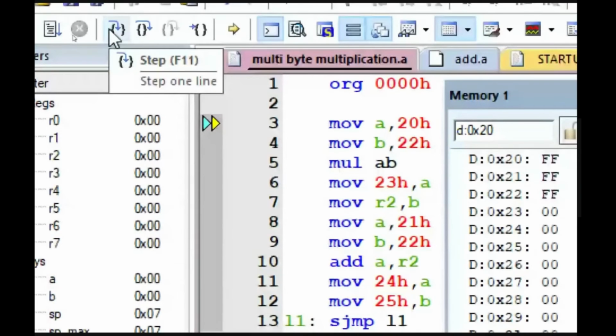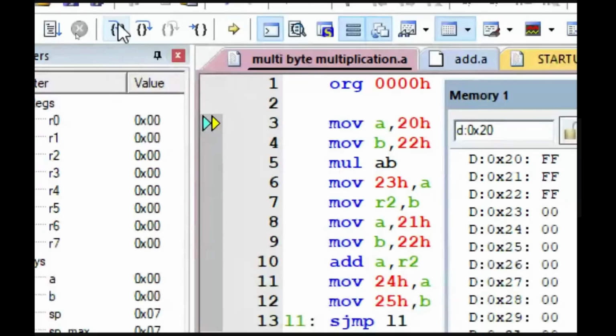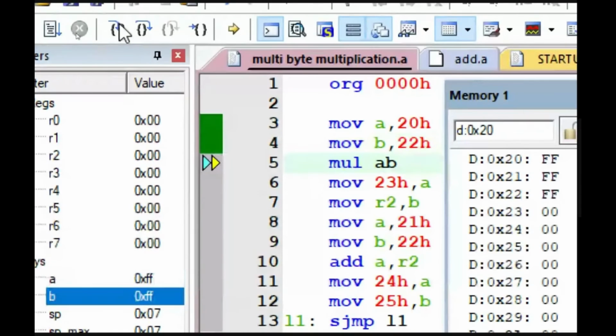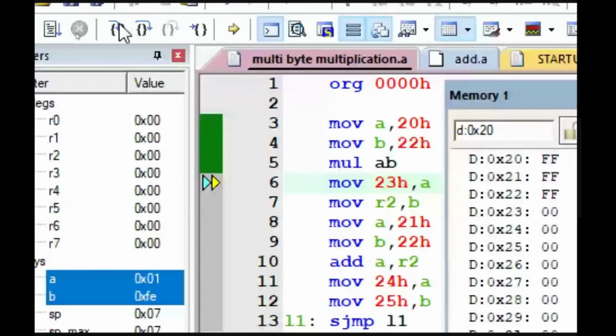Now the program counter is pointing to the third line, which is MOV A, 20H. Content of the memory location 20 is FF. So this FF will be moved to the accumulator. Yes, FF is in the accumulator now. Now moving the content of the 22nd memory location. That's very important. So multiplying LSB with FF. So the MUL AB: multiplying FF and FF gives FE01, where the content of the accumulator is 01, which is moved to the 23rd memory location, which is LSB.